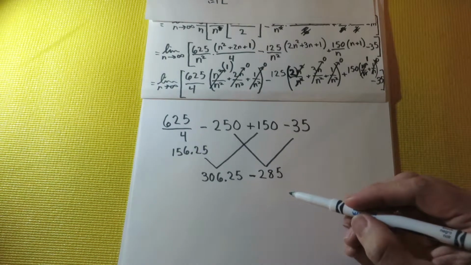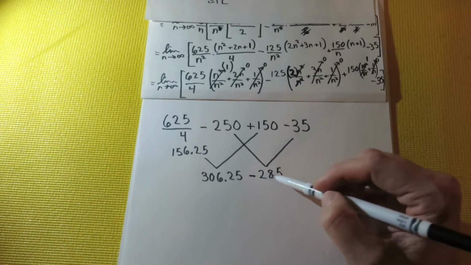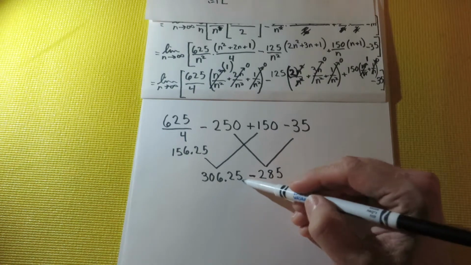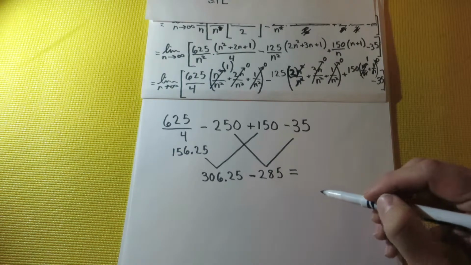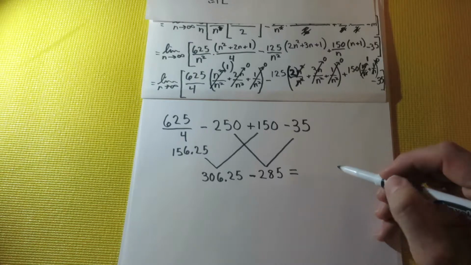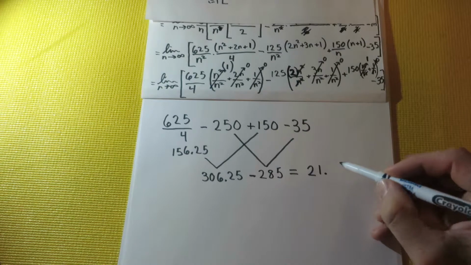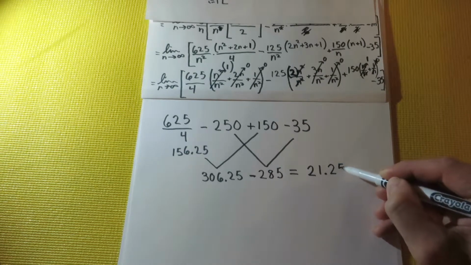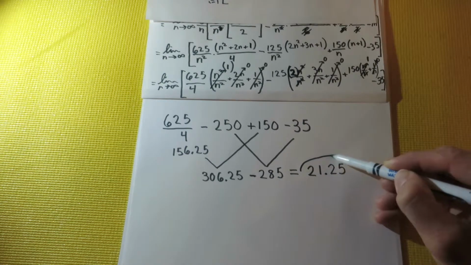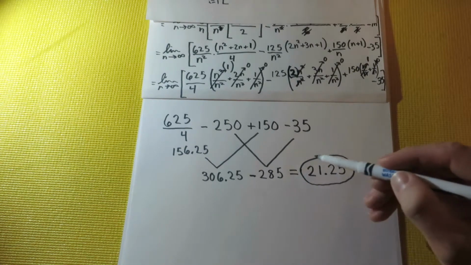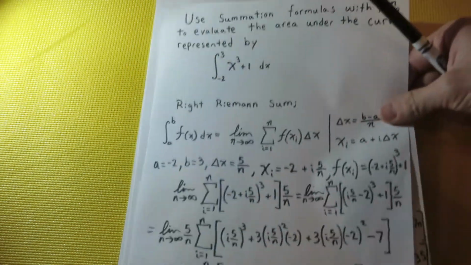And we are just one step shy of our answer here. If we subtract 285 from 306.25, that gives us 21, and we just carry our 0.25 here. And that's our answer. So we went through this long evaluation here as the limit as n approaches infinity of